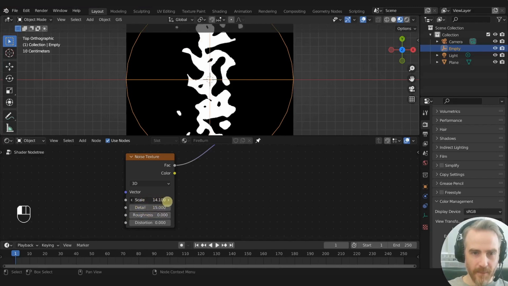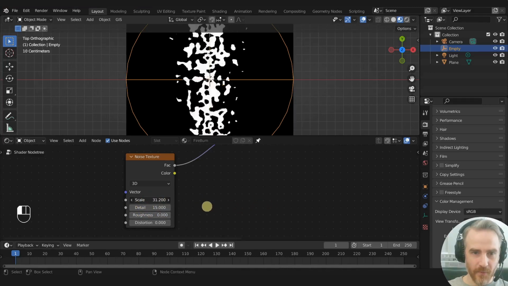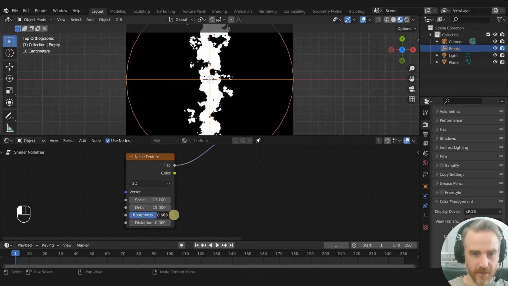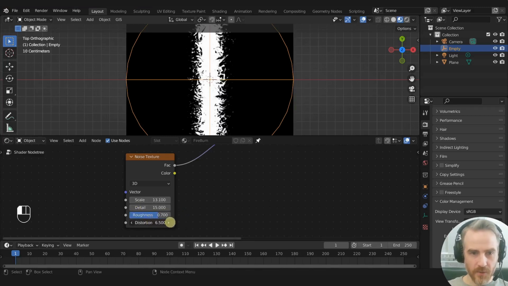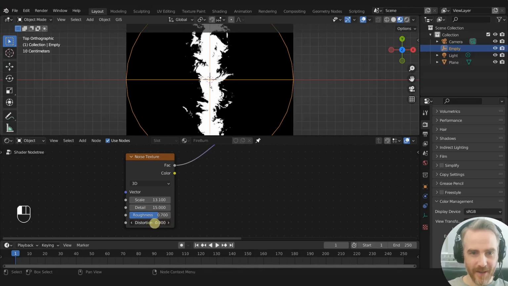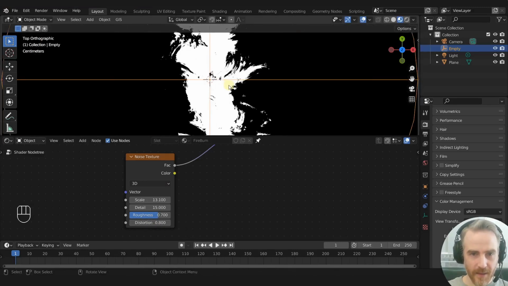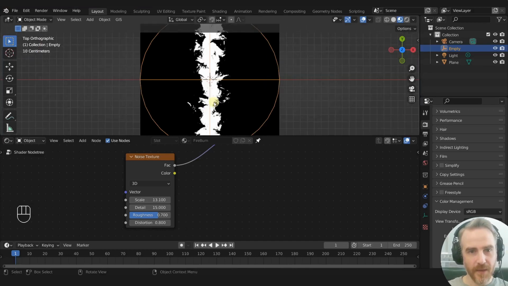You can get some cool effects, but that's not really the fire type stuff we're looking for. So I'm going to keep this about 0.7. And of course, distortion, this is really not the look we're going for. I don't know, maybe a little bit of distortion, something like that, actually might look pretty cool. We might change it a little bit later, but what we want is to have the line a